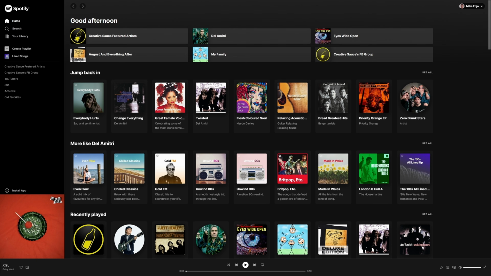Now, mid-side EQ is often associated with mastering, and we'll take a look at an example of that in just a moment. But before we do, I'd like to remind you, if you're releasing your music to places like Spotify,